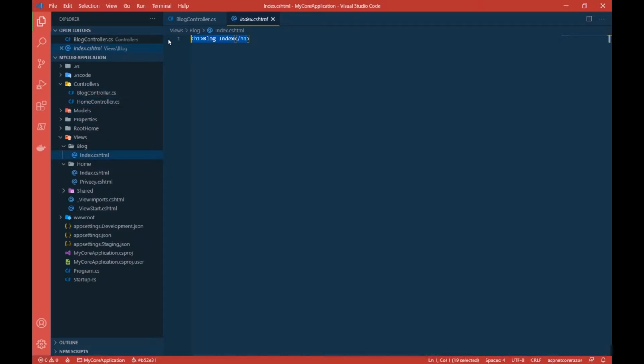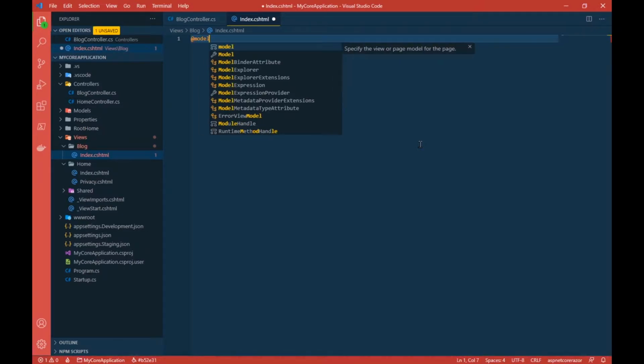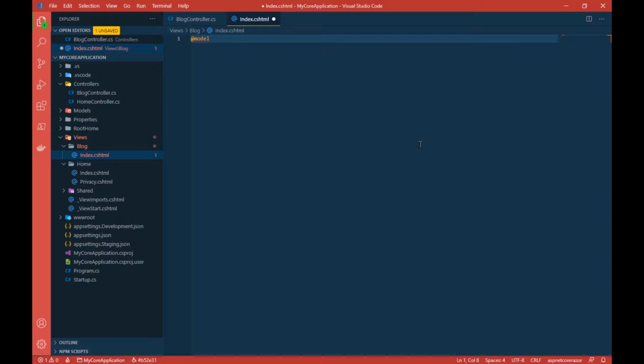Now what strongly typed means is I'll tell my view that please accept an instance of type blog post. Basically I'm saying that I'll send this model to you, and you can use this model to create your HTML.